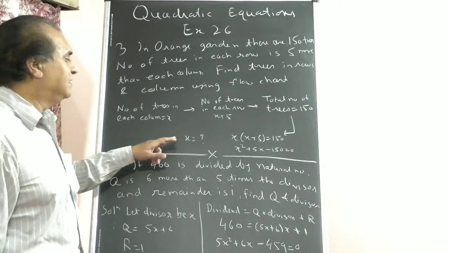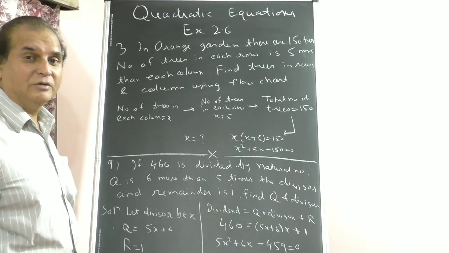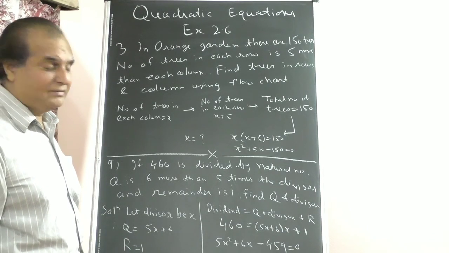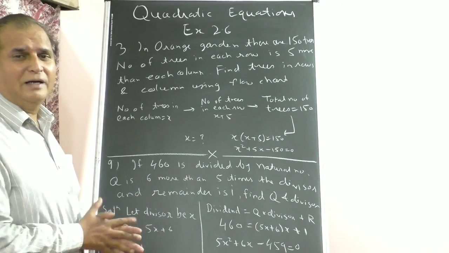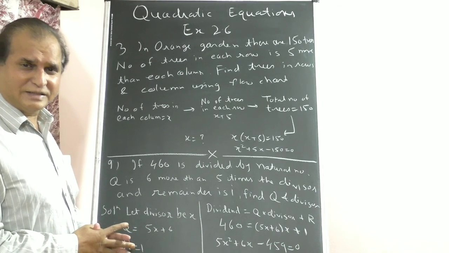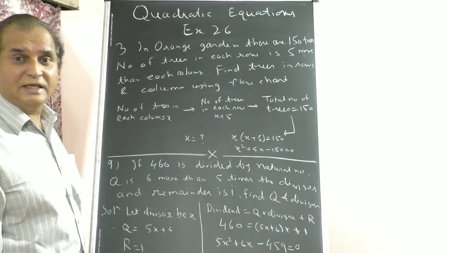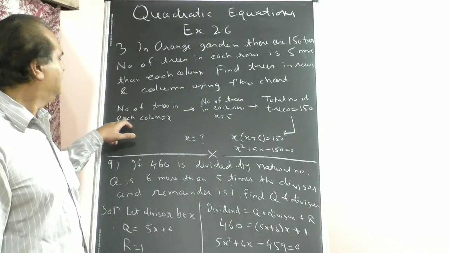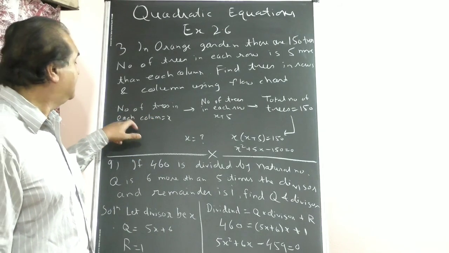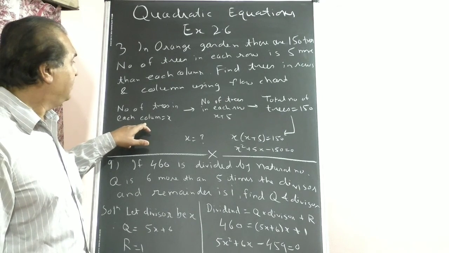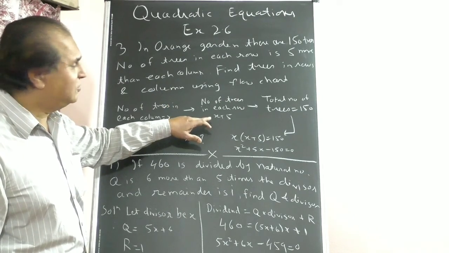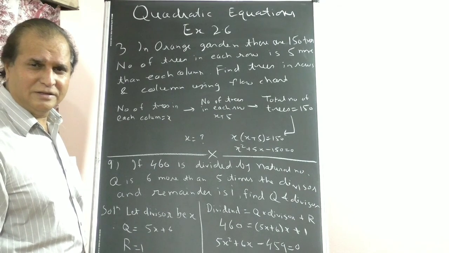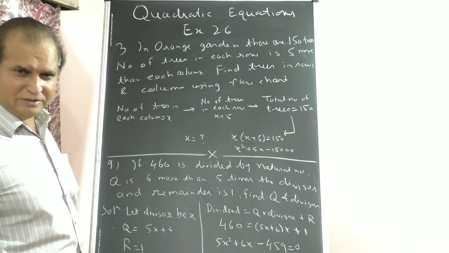So find X. Of course, the product is negative, so you will get one positive answer, one negative answer. Right? The negative answer is invalid. It cannot be the number of trees. Discard the negative answer. Write the reason also why you discard the negative answer. And the positive answer will be the number of trees in each column, X. Getting? And just add 5 to that, the number of trees in each row. Understood? Simple? Any doubt? Let me know